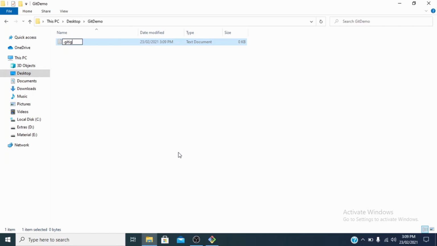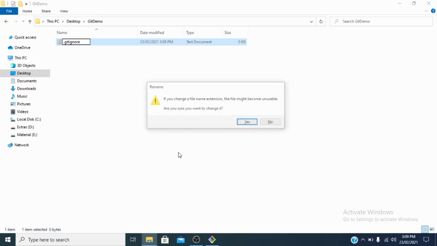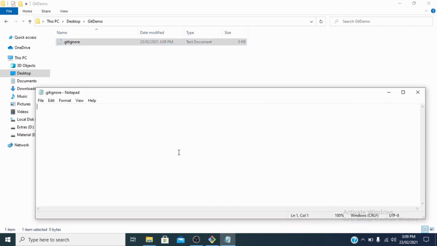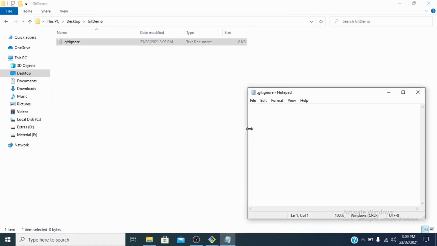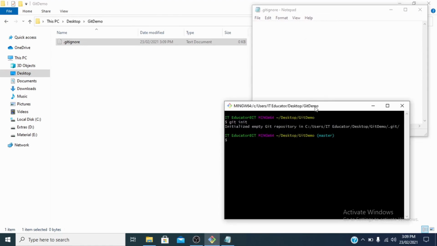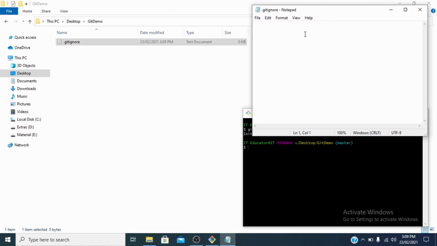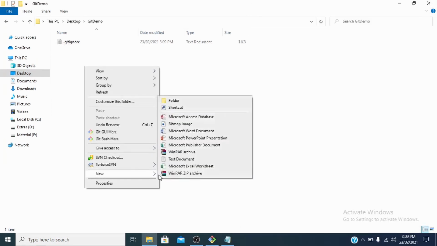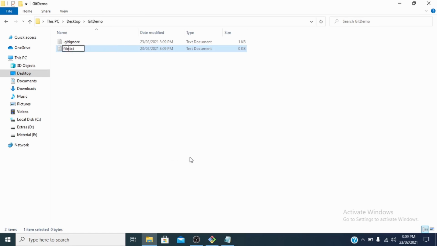Whenever we are about to commit, Git will automatically check this file for any files which we don't want to be tracked. So let's just open it. For example, if I have a file with the name file.txt, I include it in this file and save it, and I create file.txt and I create another file,